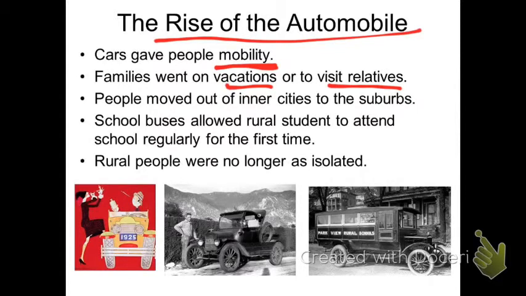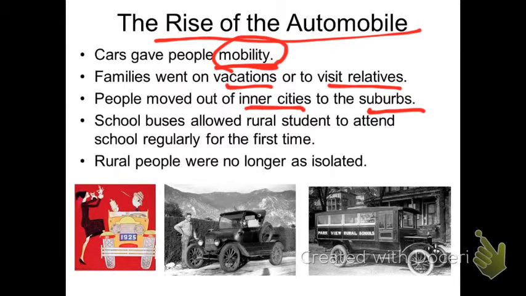Even people who live 300, 400, 500 miles away, even longer distances, you can now see them more frequently because of the mobility that the automobile provided. People moved out of the inner cities, some of the larger cities like New York, for example. They could now move to what we refer to as the suburbs. And we'll talk about the suburbs in a great deal more depth down the road in future chapters. But people are able to move out of the city into smaller towns around the big city, and they commute